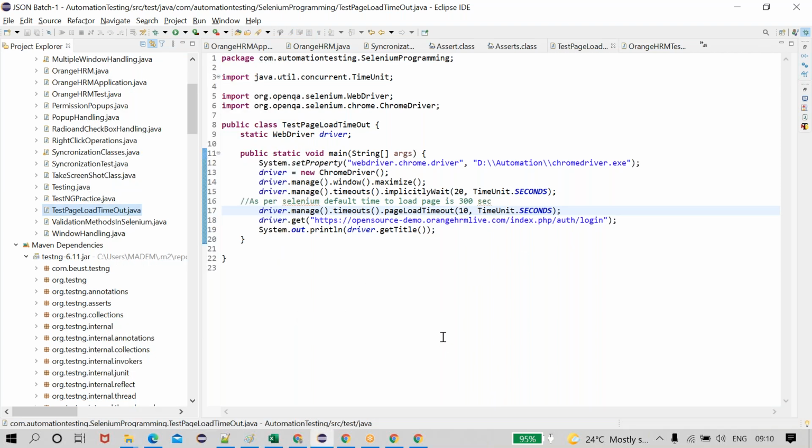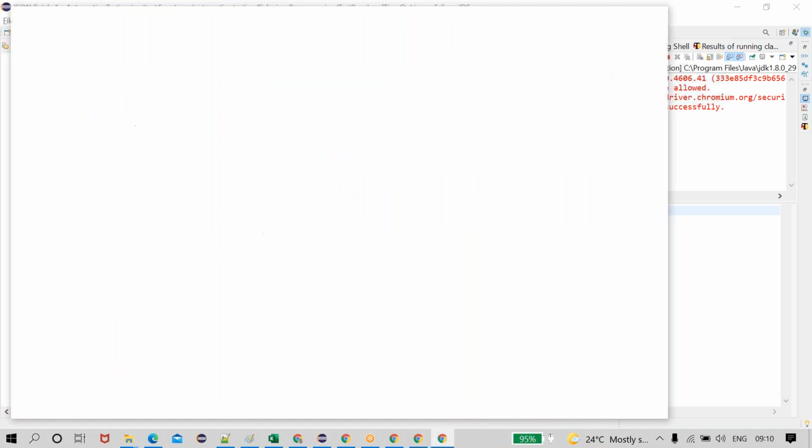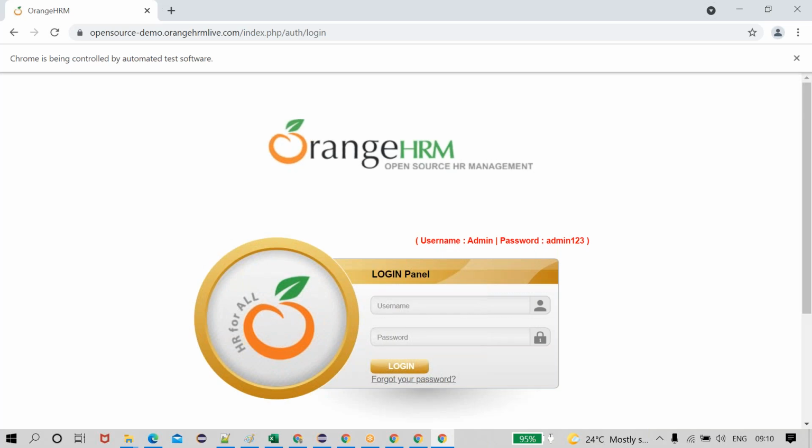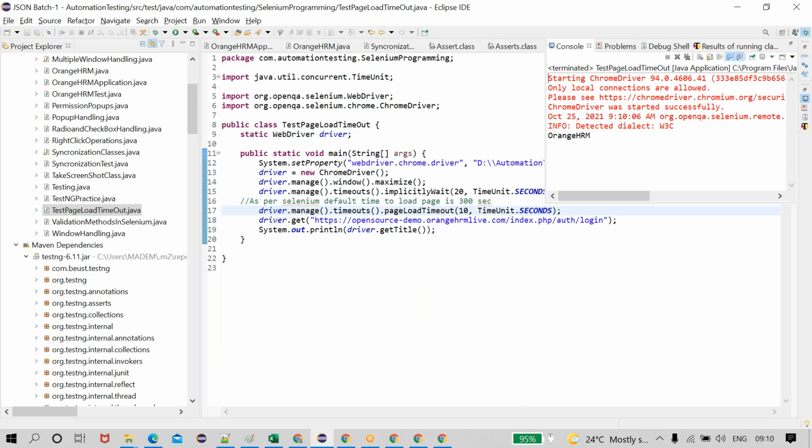There is no issue with the driver. The driver can easily load that page because you are giving 10 seconds, which is a big time to load this application. Page load timeout is a method inside the timeouts method which can restrict the application loading time.